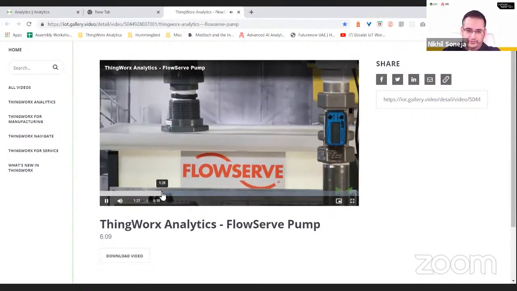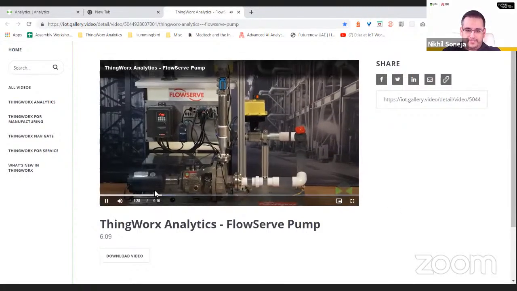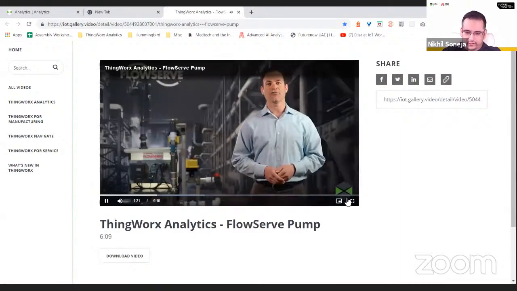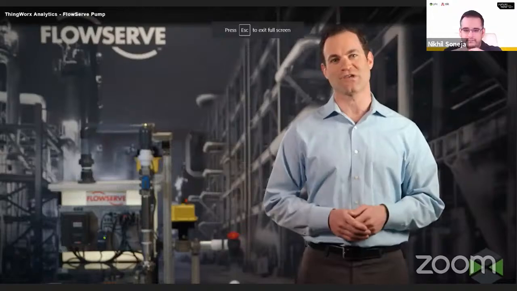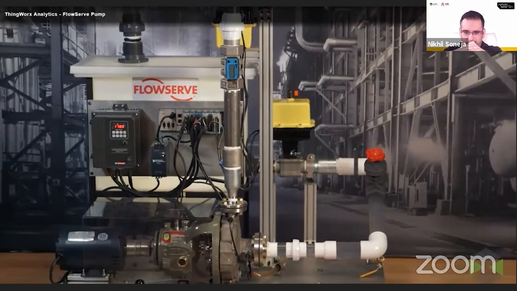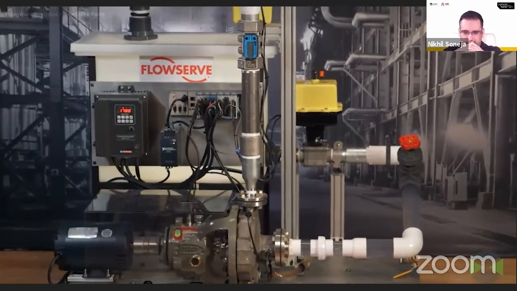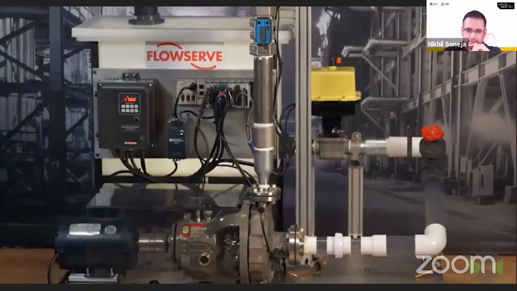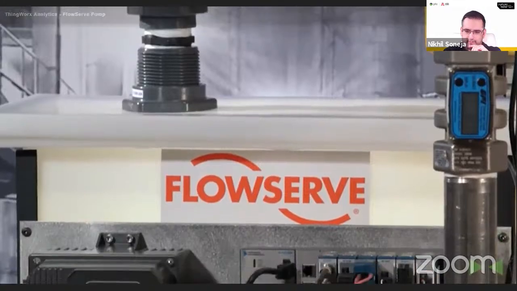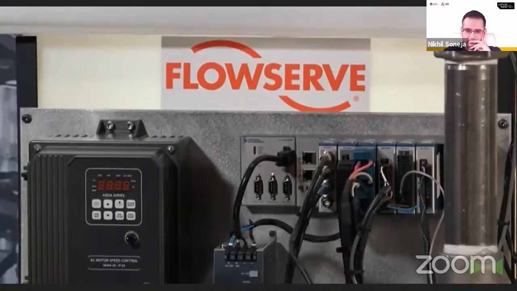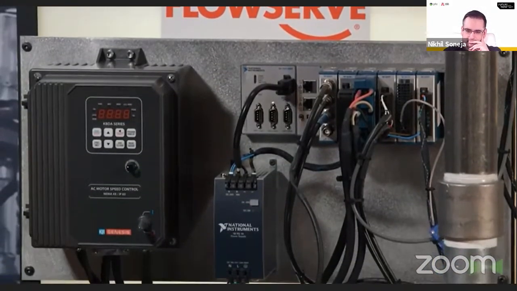One of these pumps goes. FlowServe is a leading manufacturer of flow management products. Their pumps help move, control, and protect the flow of materials in critical industries around the world. If one of these pumps goes down, the costs and lost opportunity can run into the millions.